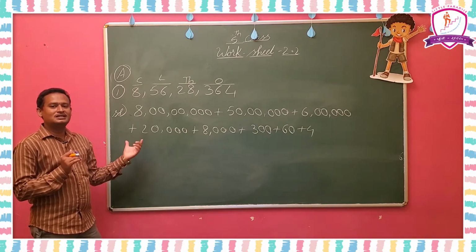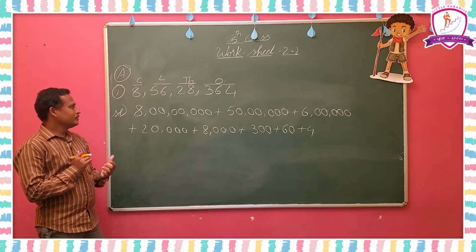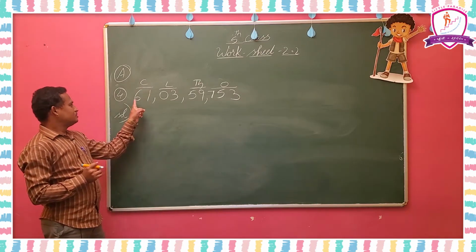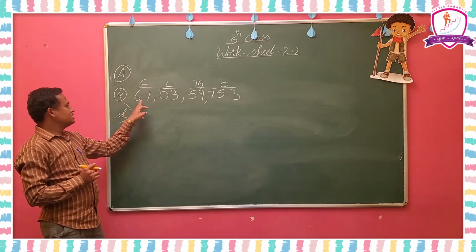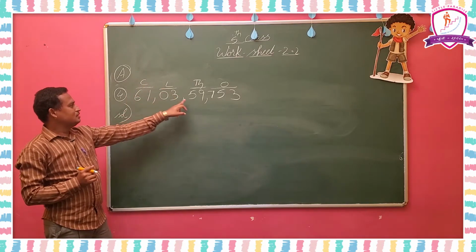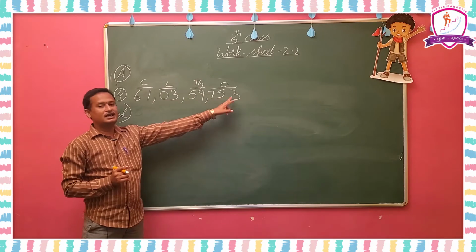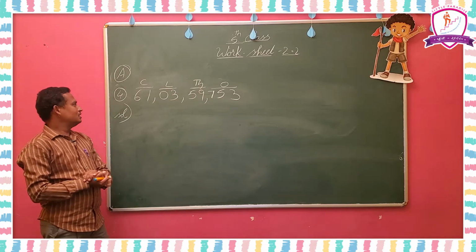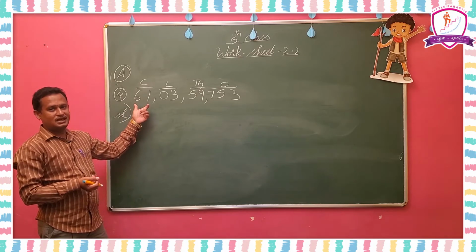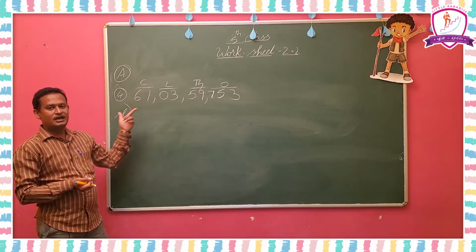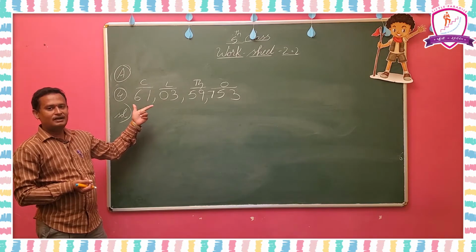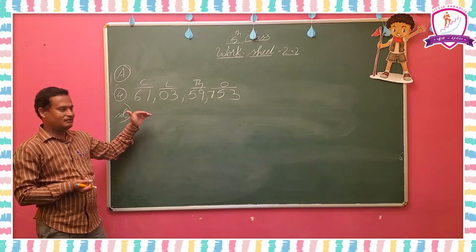I am going to explain this fourth one also here. Observe the fourth one. This is the number given. So, we have to write the places. So, 61 crores, 3 lakhs, 51,753. Now, we are going to write the expanded form for this. Here there are up to 10 crores places, so it is a 9 digit number. We are going to write the place value for each and every digit and add those, then we will get the expanded form.